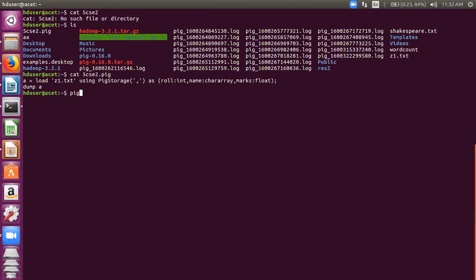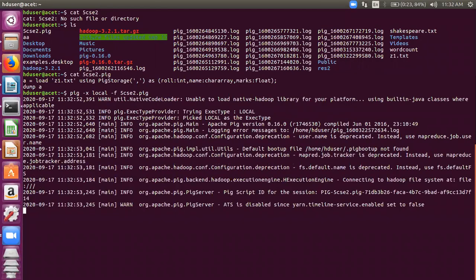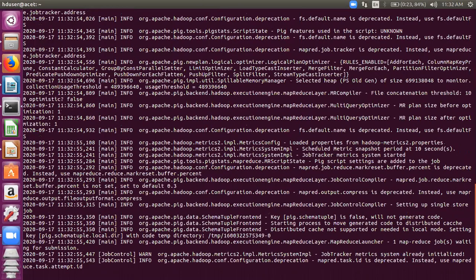How? pig -x local -f 5csc2.pig. Now I'm saying run pig in local mode and execute this script file. So when I execute this script file, whatever commands are written in it are executed. It will give you the same output now. If you have not made any mistakes, it will give you the same output.